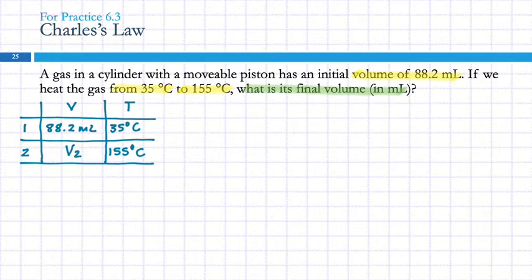But what do we have to watch out for here? Celsius and Kelvin. They frequently give you the temperatures in Celsius because that's what all the thermometers are marked in. So they do that a lot, sometimes to trick you and sometimes just because that's how it is. So we need to convert those. So 35 plus 273.15 equals